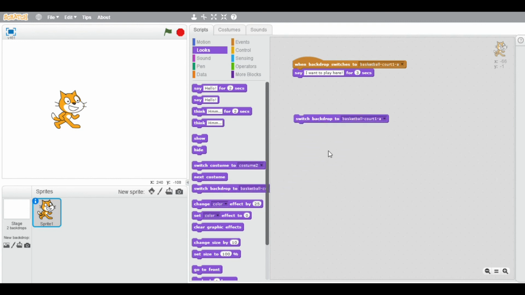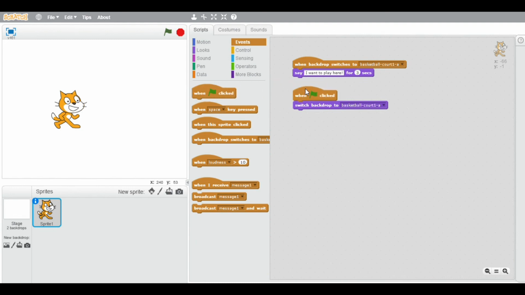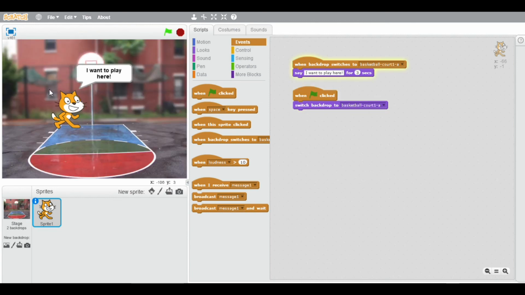We have to go to looks and switch backdrop to this. Now you have to go to events and then the green flag. So when you click on the green flag, it switches the background to basketball court 1A. And now as per the control block, when backdrop switches to basketball court 1A, it will say that I want to play here for 3 seconds. So we will click on the green flag. It changed the background and says I want to play here. So it is simple, anyone can understand.